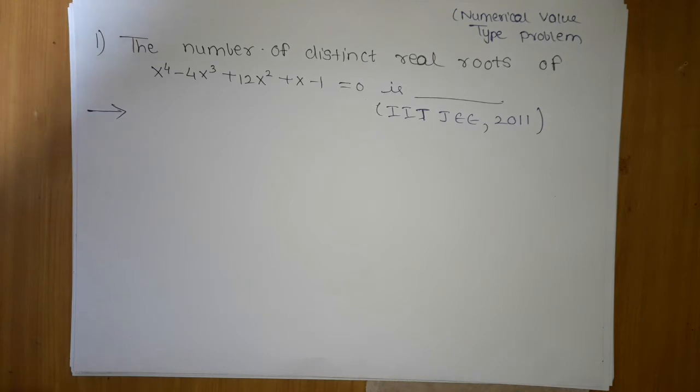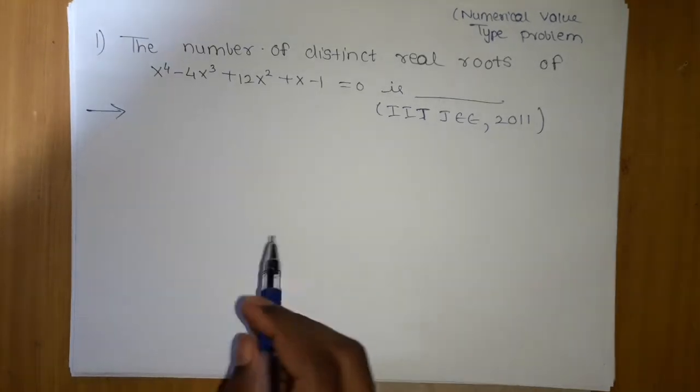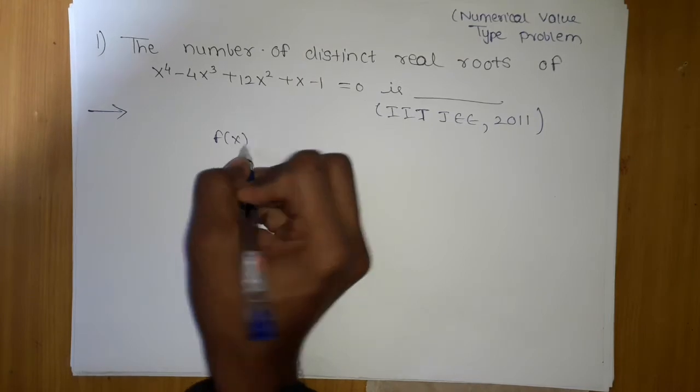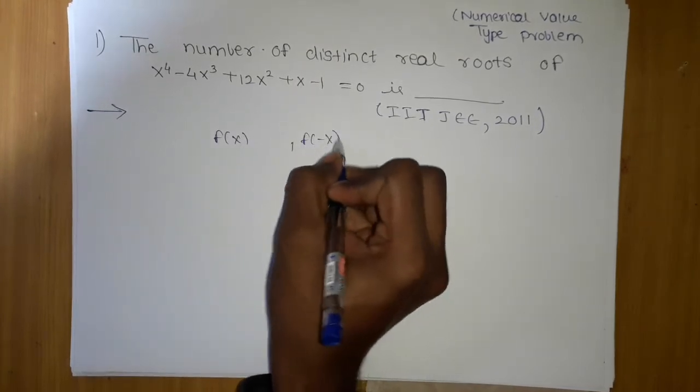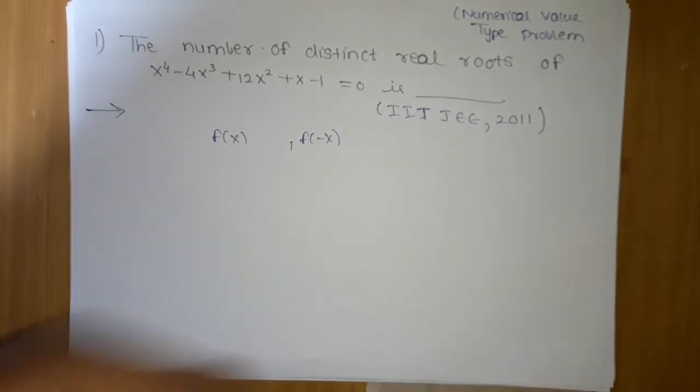But here you cannot just tell the max number of roots possible. You can also tell how many roots will be unreal, but the thing here is that you cannot tell whether the roots are same or different. So the first way of checking f of x and f of minus x fails here. We cannot tell the number of distinct real roots. Here the roots can be same also.